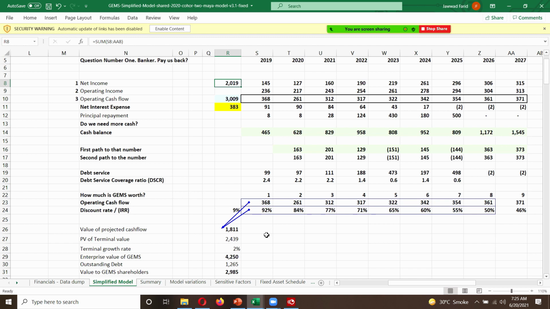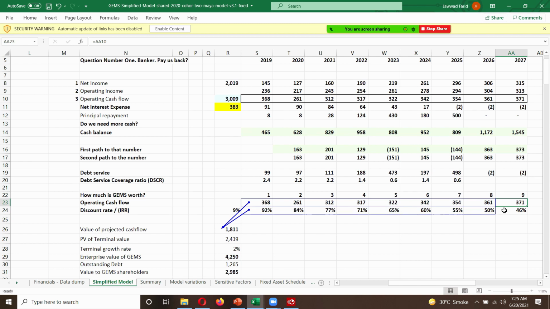Now, when I say 2019, what does that mean? That basically means I'm standing at the start of 2019, not the calendar year, but the fiscal year, the reporting year for GEMS, and as part of that process, I'm simply calculating the cash flows at the end of that year, the reporting period, and discounting them. This is the first part. Then I say, 371.